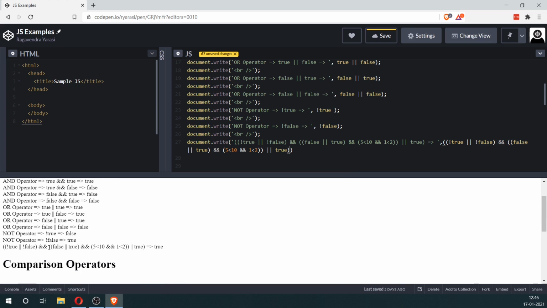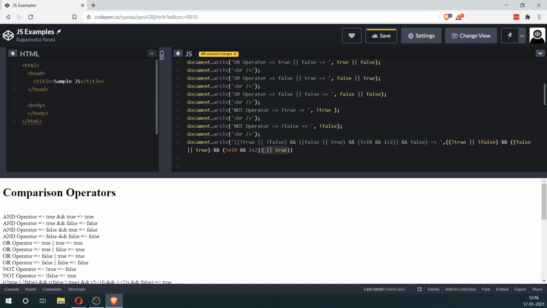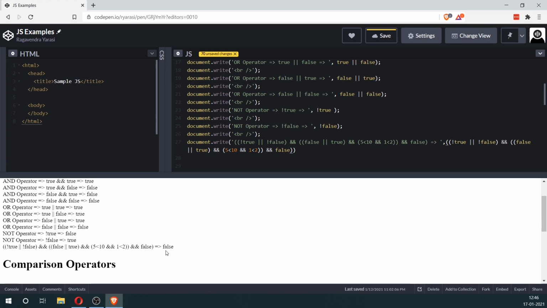So you can see here that this whole entire complex expression yields true. Now let's say that we modify this and we say instead of or we say and here we say false. Now what will happen? As you can see, it results in a false because when you have an AND operator, you need to have both of the expressions on either side to be true. So because this one is false, it doesn't matter what this whole thing reduces to, it will automatically be a false.